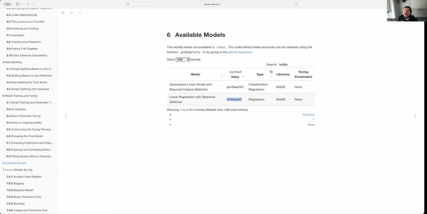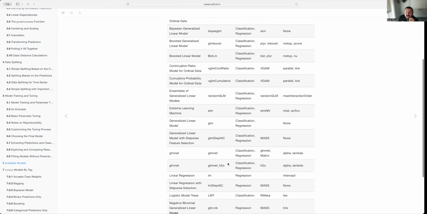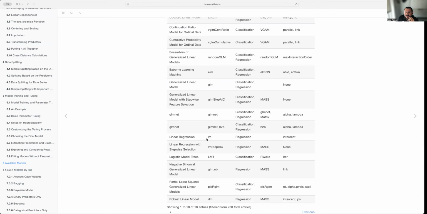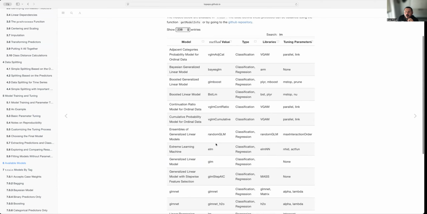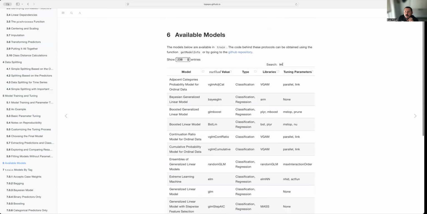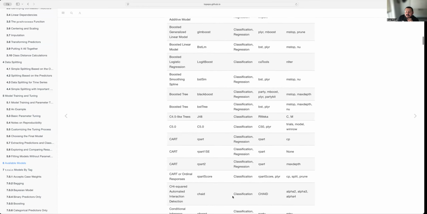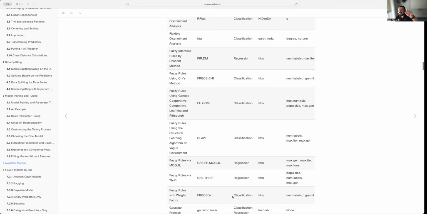So it's not just backwards, it's there. But if I show you LM, it says here is that. Here's what we just used. You could have used LM, you could have used lmStepAIC. But these are all the methods you have access to. This is every model you have access to in Caret. You just don't have one. So using what we just did,